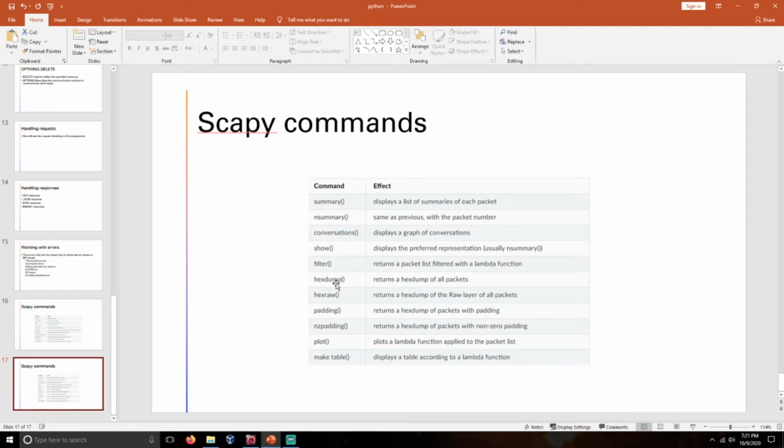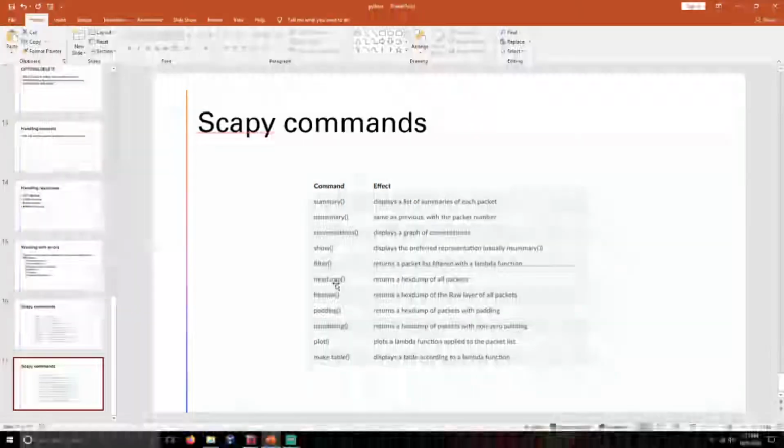And if you use hexdump, it will dump the hexadecimal dump of all packets. If you use hexraw, it will create a dump of the raw layer of all packets.